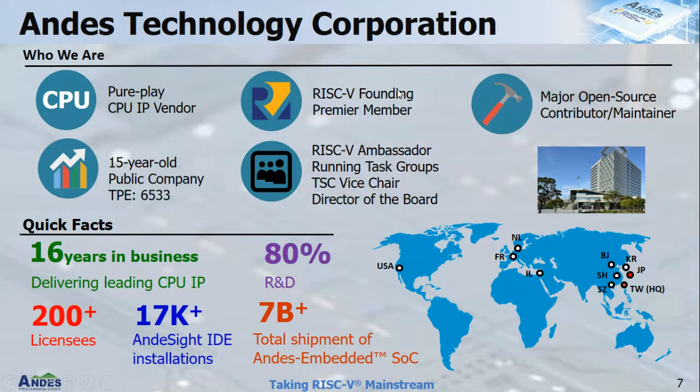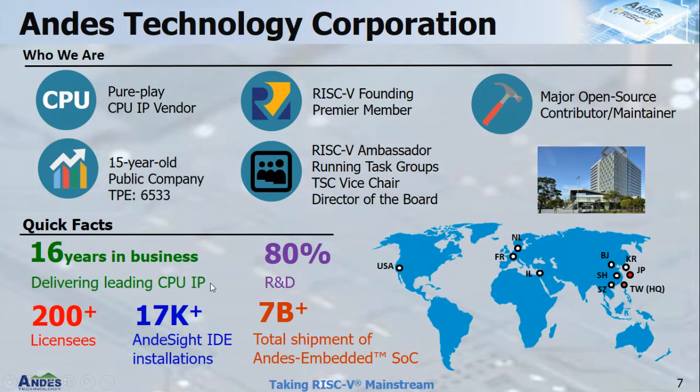Andes is also a RISC-V founding and premium member, and we are a major open source contributor and maintainer. We are heavily engaged in RISC-V because we see it as the future. So for example, myself, I'm a RISC-V ambassador. Then our CTO is a technical steering committee vice chair, and our CEO is a director of the board in